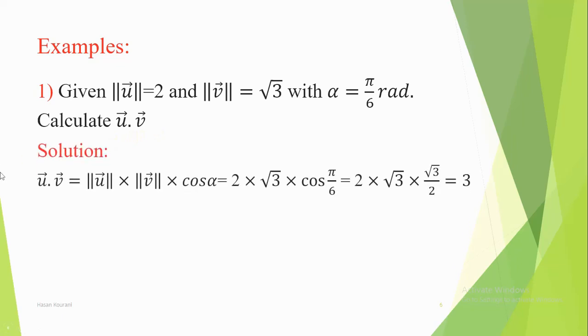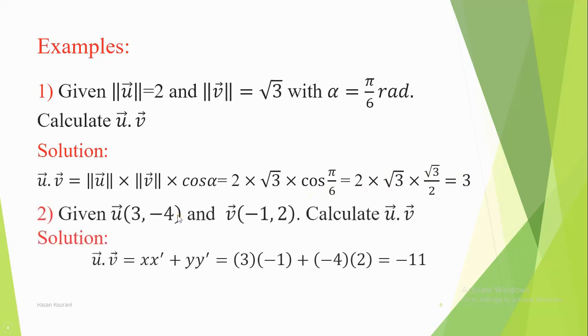The solution will be direct: we don't have the coordinates of u and v, so we cannot use the easiest definition. So we must use this geometric definition: magnitude of the first times the magnitude of the second times cosine alpha, and just manipulate these calculations to get at the end 3,